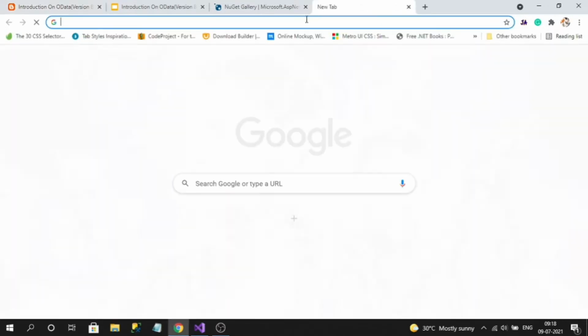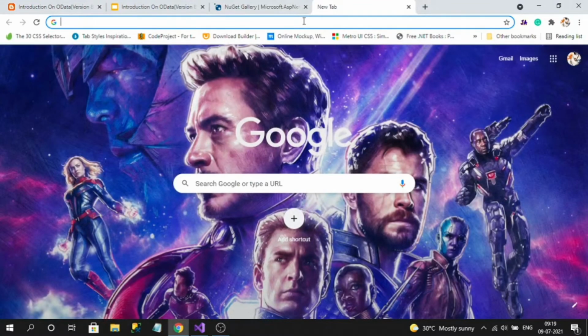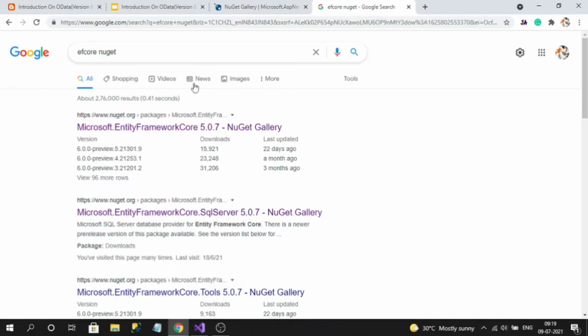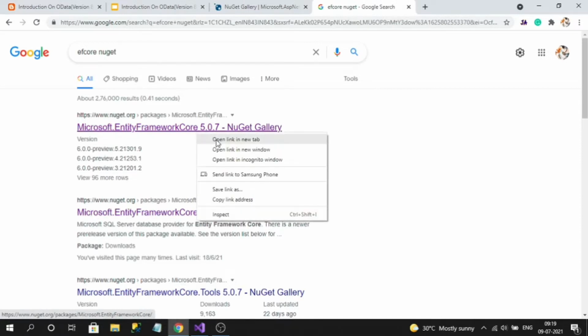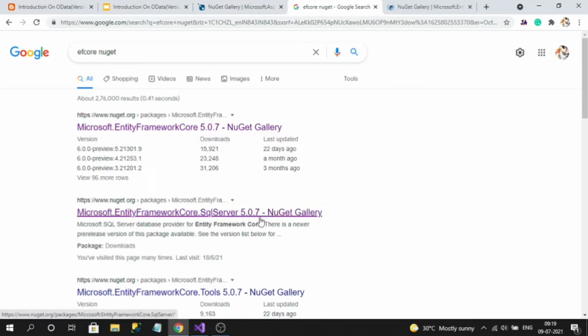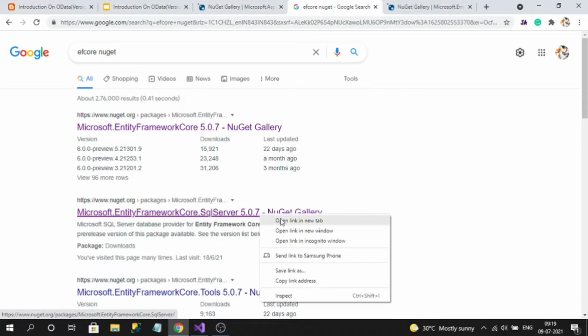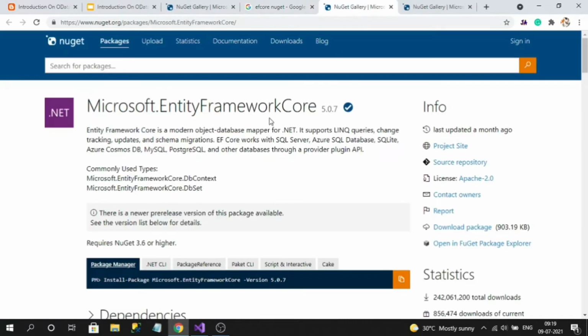So next, for database communication using Entity Framework Core, we need two NuGet packages. One is Entity Framework Core and another one is the Entity Framework extension for SQL. So let's install both the packages first. So the top two links are the required NuGet packages for us. So this is Entity Framework Core.